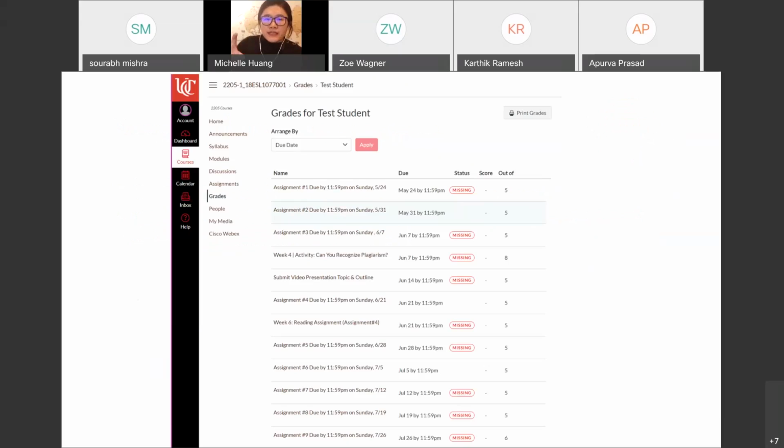So on the Canvas side, this is what you see after you click on grades. You will be able to see a list of your assignments and the due dates and the status and the score your professor assigned to your work, right? And you can see the full score of each of the assignments. So make sure you check on this page, the grades page, on a regular basis